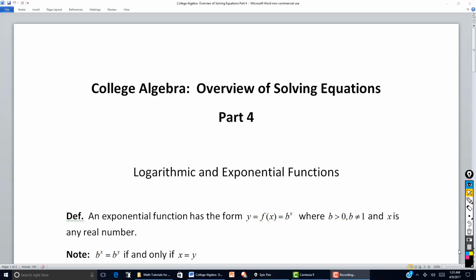In this fourth video in this series, we're going to look at solving exponential and logarithmic equations. However, I need to lay down the foundation just in case you haven't covered this yet. But I'm assuming that if you're looking at this, you've already covered the main concepts, which are exponential functions and logarithmic functions. But let me go through the